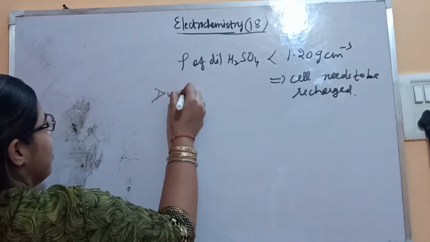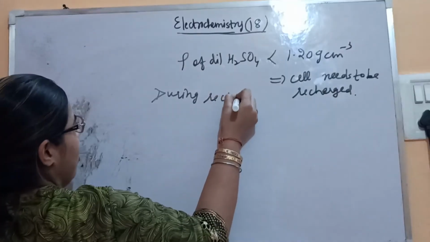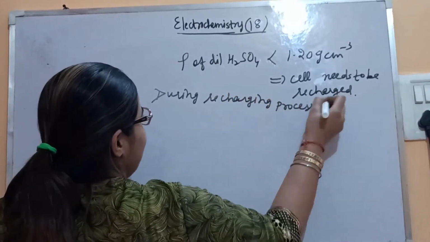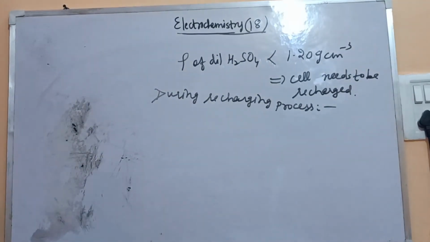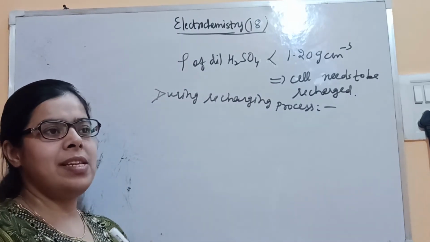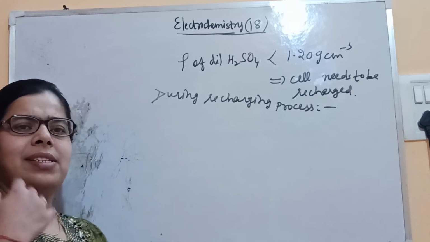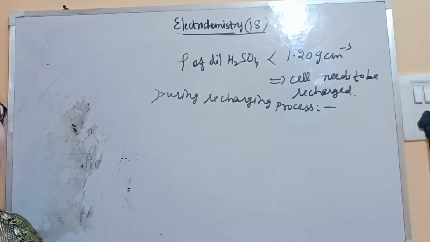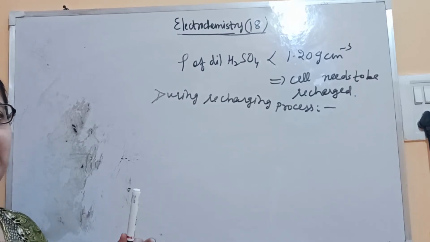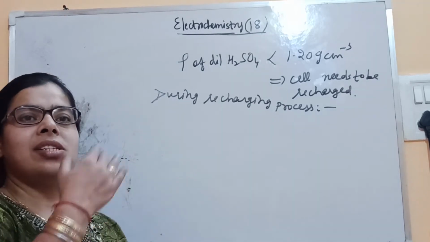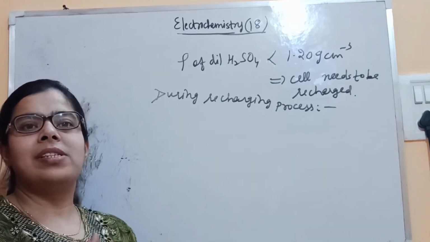During the recharging process, all the reactions get reversed. We know that if the cell reactions have to be reversed, it means now the cell will see recharging. When we are using the cell, in the discharging process, all the electrolyte is getting used up. Then it will stop working like a mobile, it will switch off. Then you will connect the power from outside. That external voltage is applied. It means now all the cell reactions get reversed, and again the process will start.